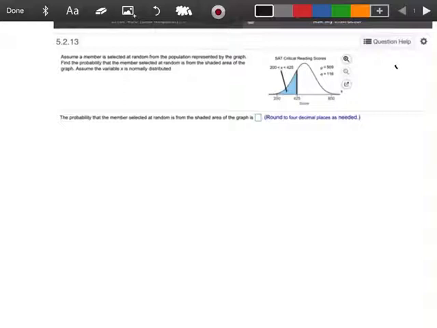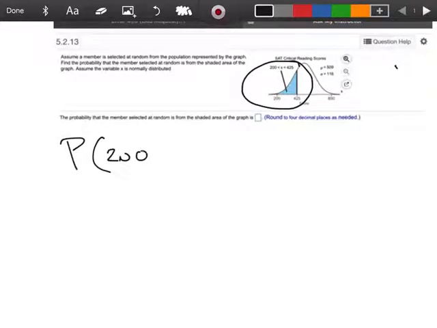So guys, this was a question out of 5.2 that one of our classmates asked, and it says, assume a member is selected at random from a population represented by the graph. Find the probability that the member selected at random is from the shaded area of the graph. Assume that the variable x is normally distributed. Okay, so if you notice what it's asking me to do here, it's asking me, can I find the area of that part? Okay. So this is saying that x is going to be between 200 and